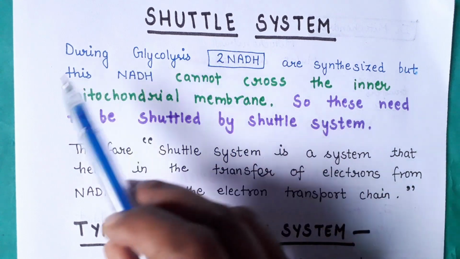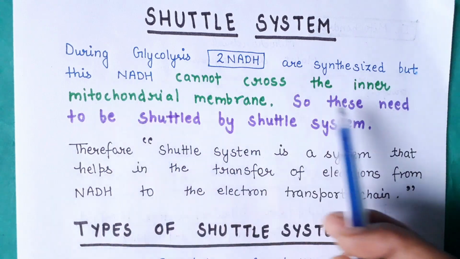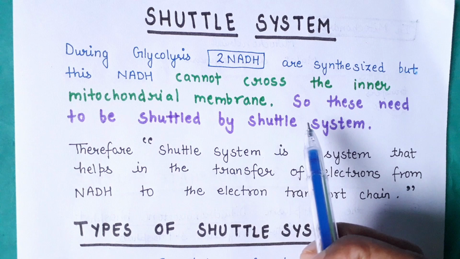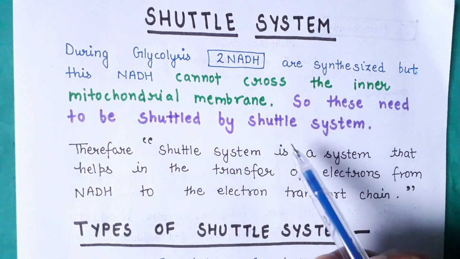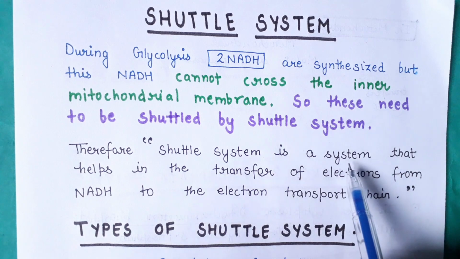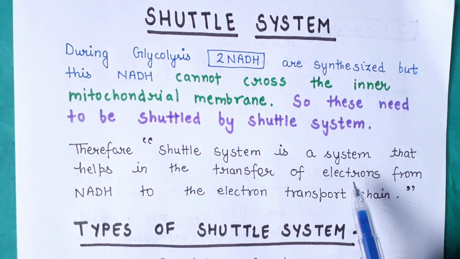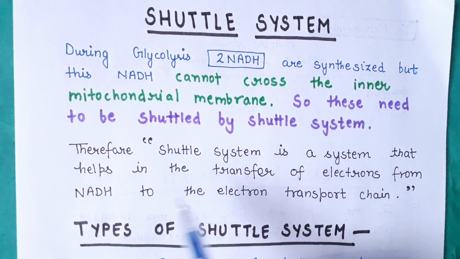So what happens during glycolysis? 2 NADH are synthesized, but these NADH cannot cross the inner mitochondrial membrane, so they are shuttled by the shuttle system. So the shuttle system is basically a system that helps the transfer of electrons from the NADH to the electron